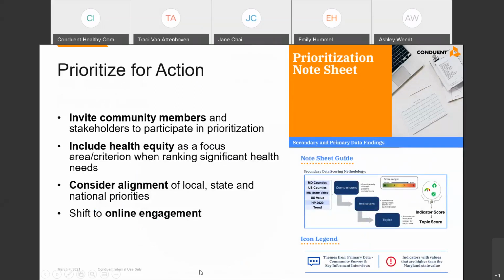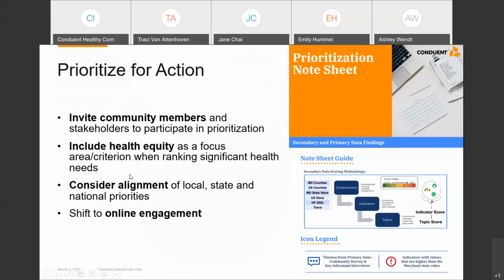So considering some of those constraints and considerations that Ashley talked about using an online type version, we were able to successfully move our prioritization to include a virtual meeting and discussion followed by an online exercise. So everybody had a chance to provide some input. And we were able to customize this for clients that were doing a very small focus group of folks on the prioritization to clients that sent it out and ended up having 80 people in this virtual call and session in order to do prioritizing. So it can work for small and large groups.